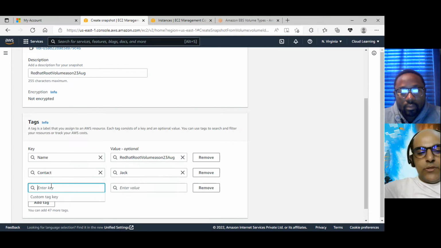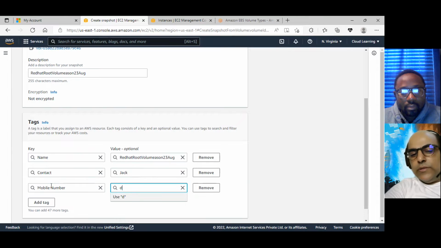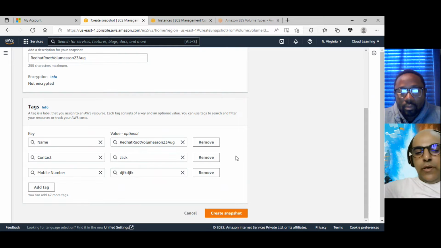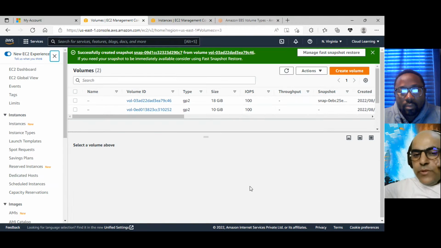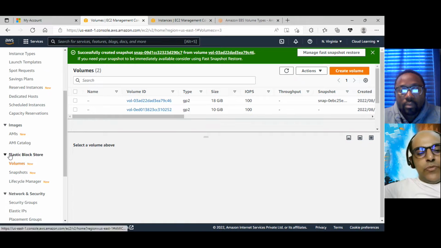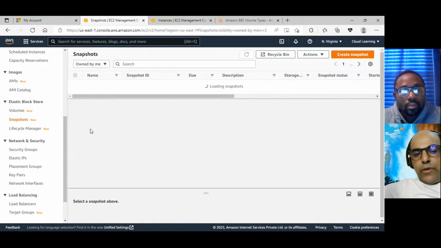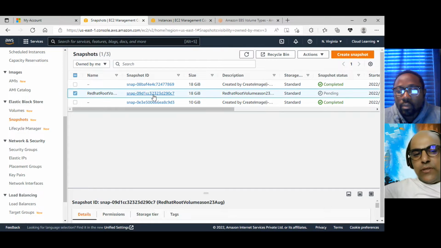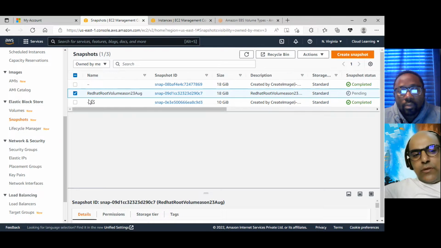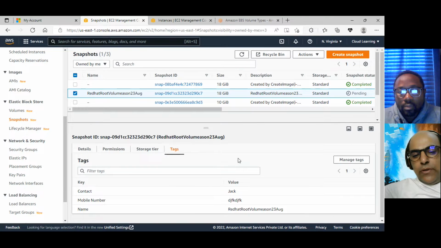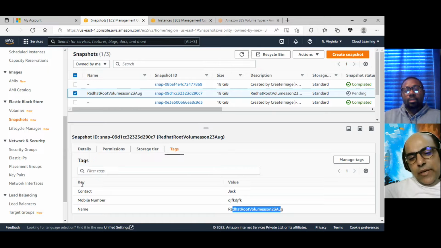This is Jack's phone number, I put something, and now I can create the snapshot. Now if some other colleague comes and checks the snapshot, he can see who is the owner. He will go to tags, Jack is there, and this is the number to contact. He can also see the company name mentioned there. It works on key and value.